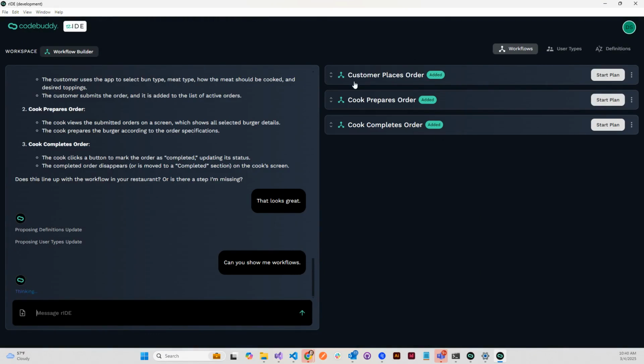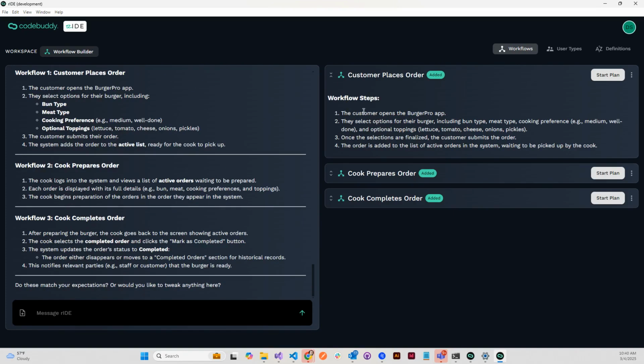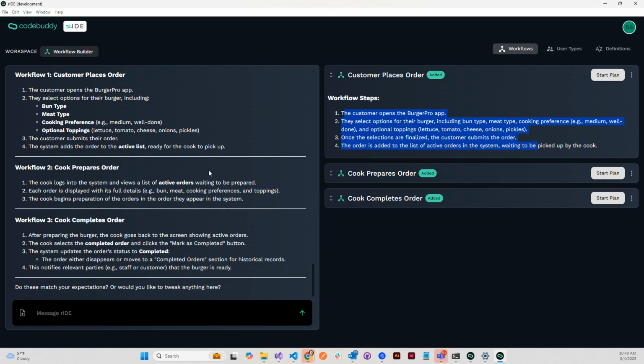All right, so now I've got the workflows here. Opens burger app, select the options for their burger, bun type, meat, once perfect. So I really like this. So I'm done with the